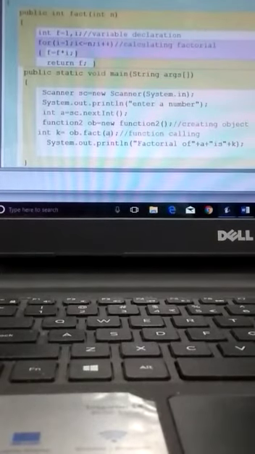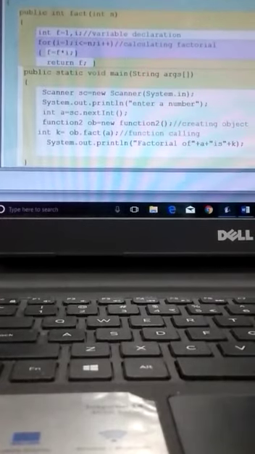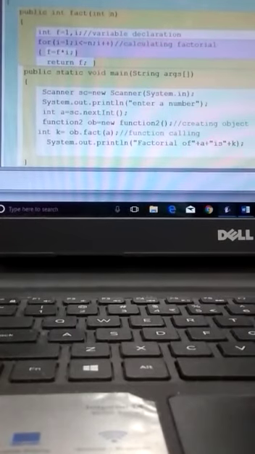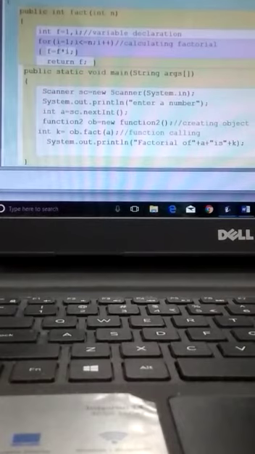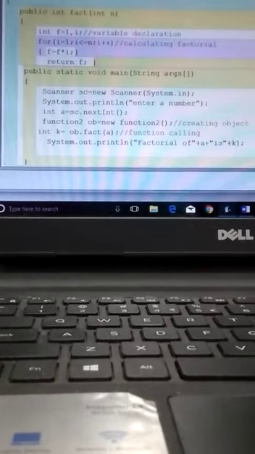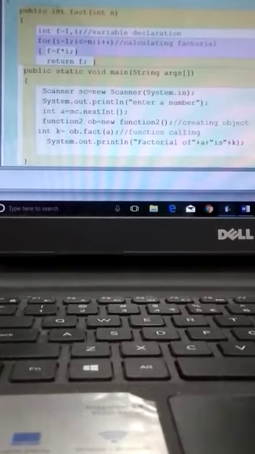When we call the function, it moves to the function where function definition is written, and in the function definition, just see the cursor here in int n. In the function definition, it stored the value in variable n. After storing the value in variable n, it will calculate the factorial of it. And see, there is a bit change here. In the earlier programs we are printing the value over here, but now it is returning the value. So a data type is also changed over here of the function data type.